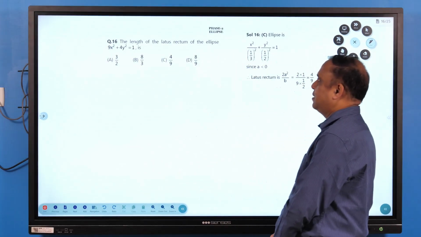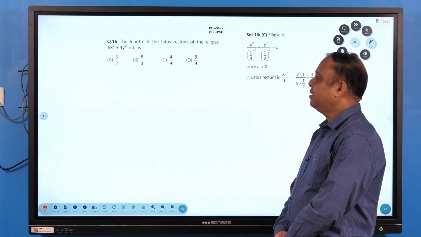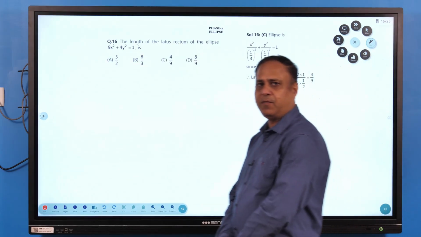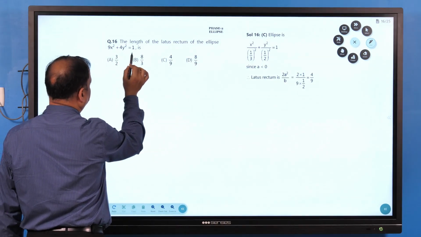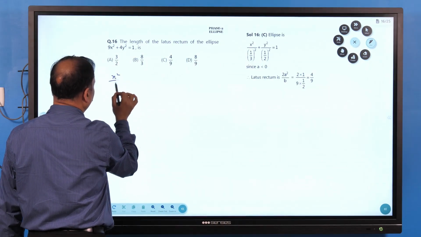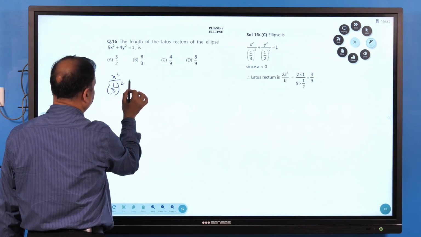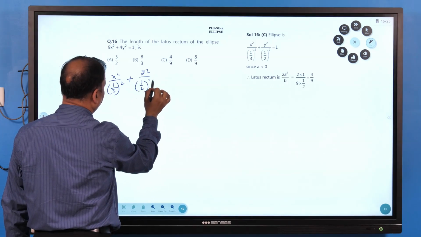Now come to question number 16, exercise 2, quiz 2, ellipse. Find the length of latus rectum of the ellipse. We use the direct formula for the length of latus rectum. We just have to find what A is and what B is. So x squared upon (1/3)², plus y squared upon (1/2)², is equal